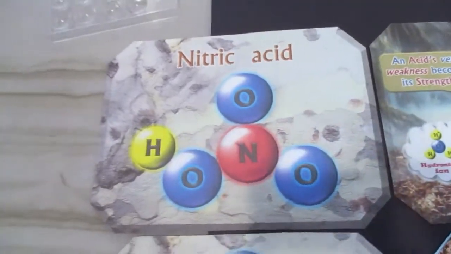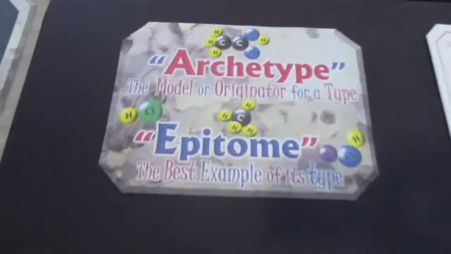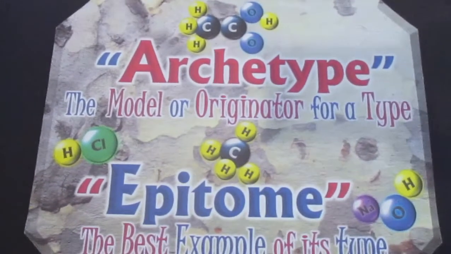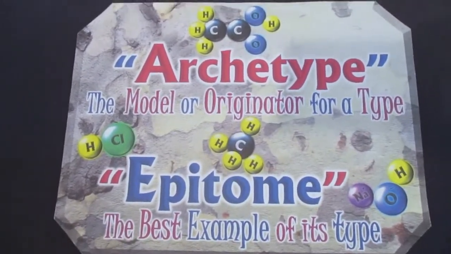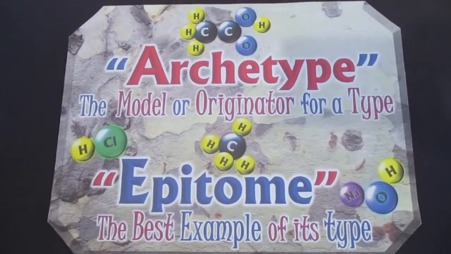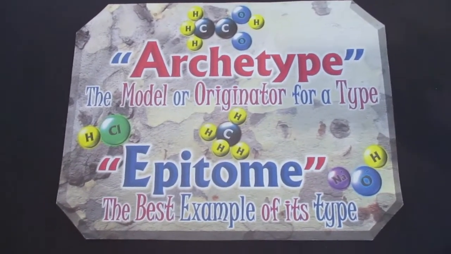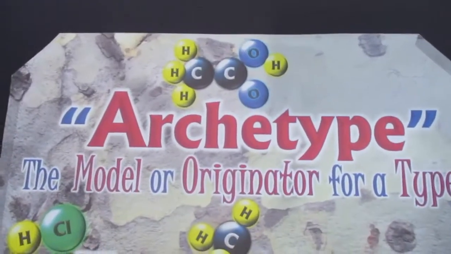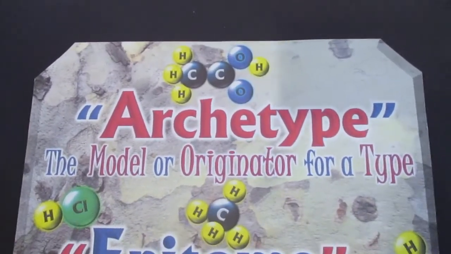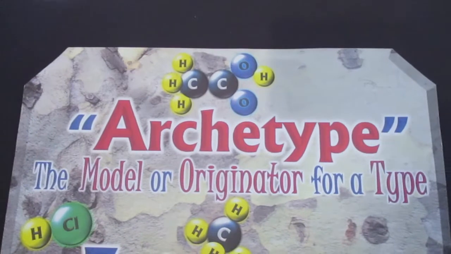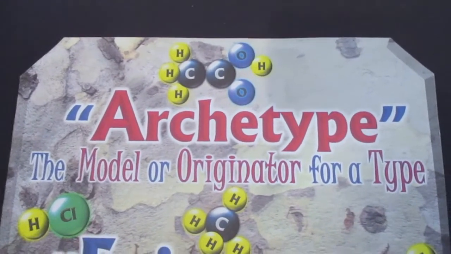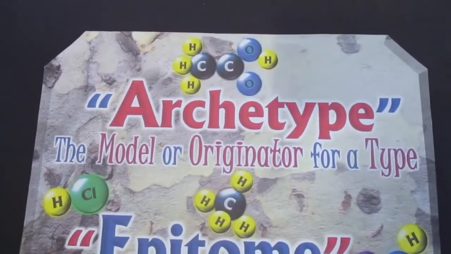And we are going to be looking at the archetype of an acid and the epitome of an acid. These are two vocabulary words you should know. Just in general, you should know them, but in this case, we're going to use them. So what's the archetype? The archetype is the originator for a type. So what is the archetype for acids? The OG acid, the original acid. Well, that is